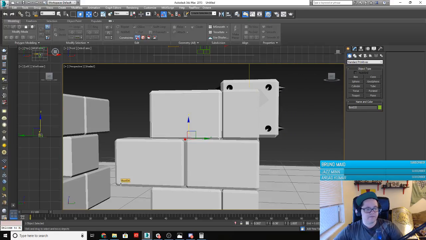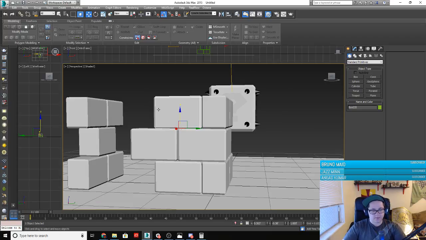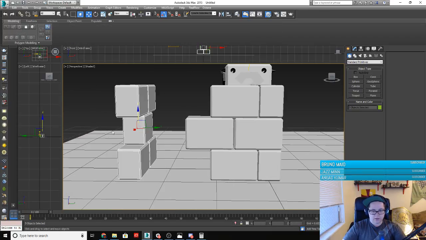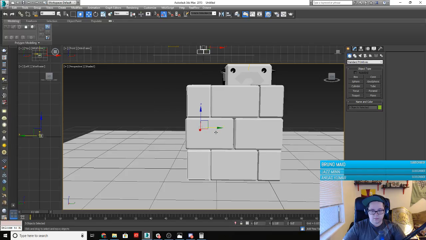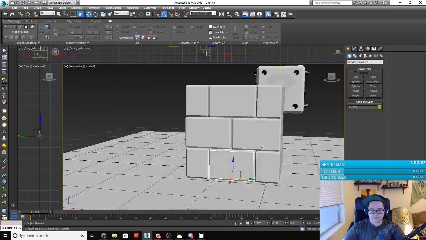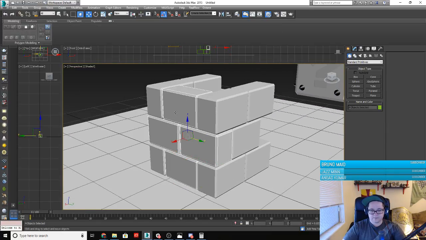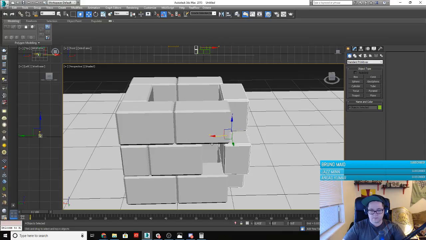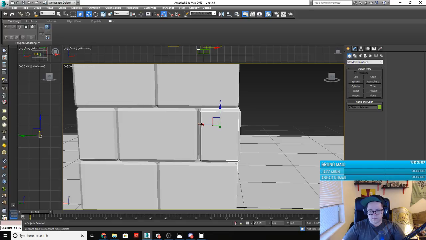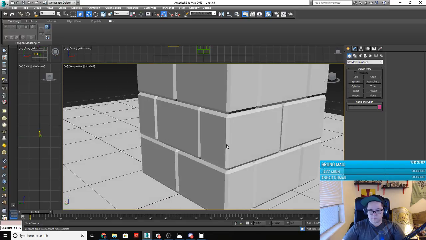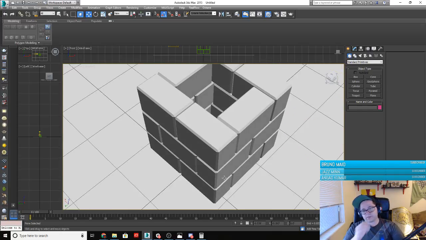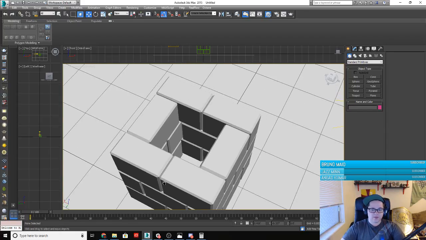I think we're still going to be a little bit off because we don't have the dimensions exactly where they need to be. But that's okay. Actually, we're pretty close. Dare say we're close enough. Now, the bricks on top, I'm unfamiliar with the way that they lay. I'm assuming